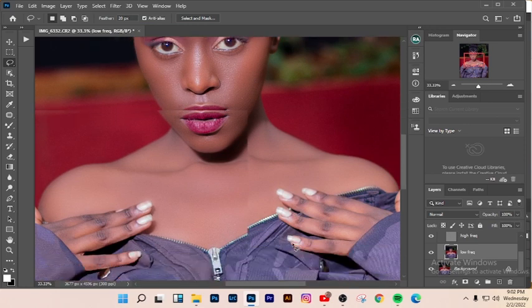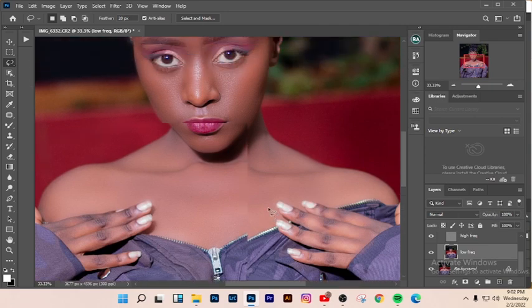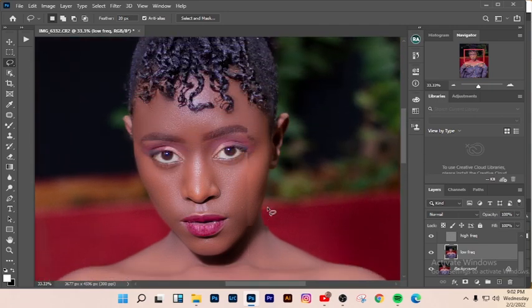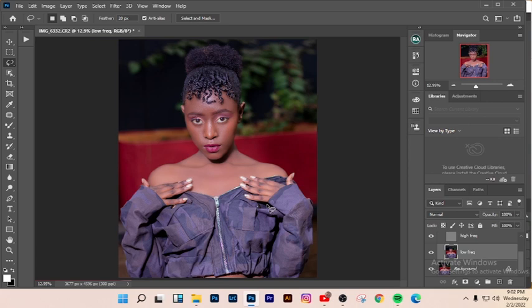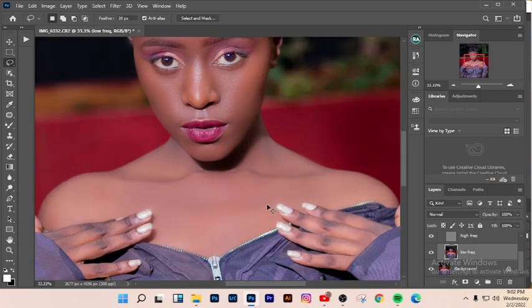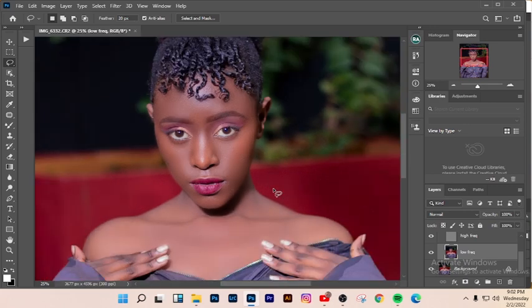I think we're done. For the hands, as for me, I don't think there's much you should do with the hands. So this is our image. We're done with it. So let me zoom it out. This is what we have now. So after we're done with all this, we now want to make the makeup pop,